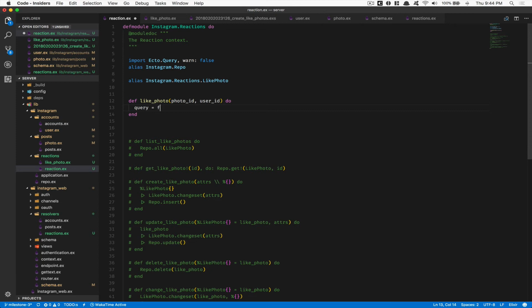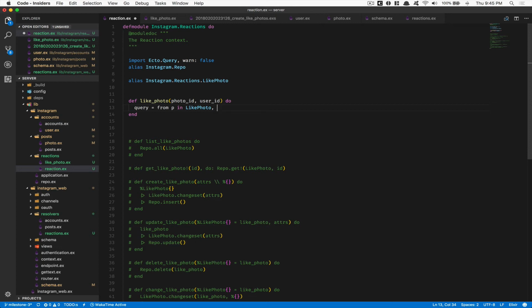Okay, so we're gonna do from p in, and now right there we can say LikePhoto. This is one of the things I really like about working with Elixir and Ecto in SQL: you don't need to have the same name because they're just gonna take the name coming in from your schema and stuff like that. So that's more easy, I think. Okay, here we're gonna say from p for photo, or you can call that lp if you want, or whatever,